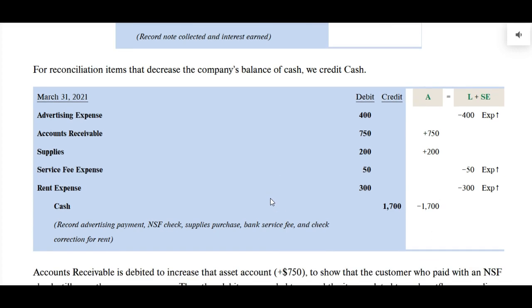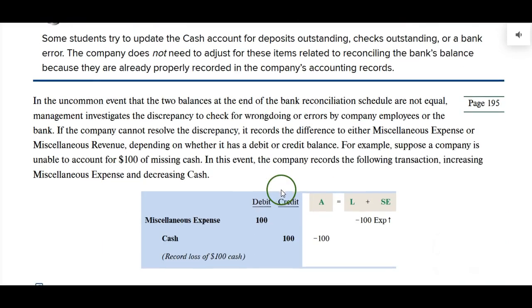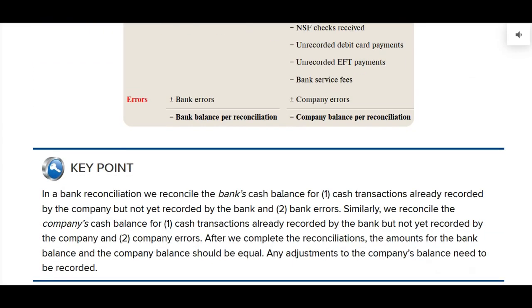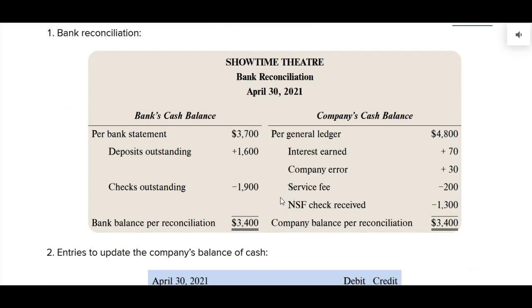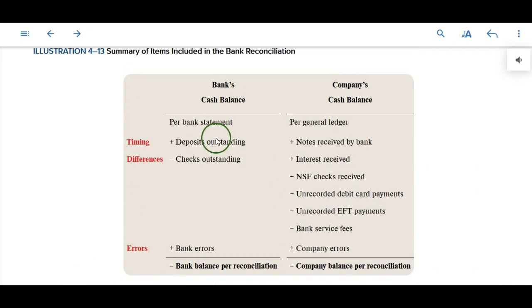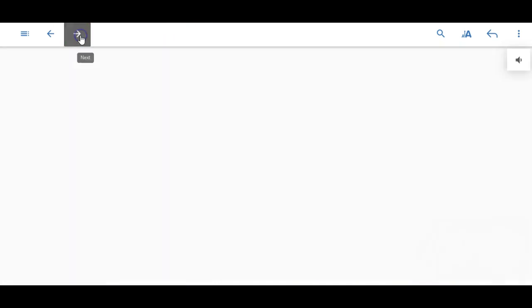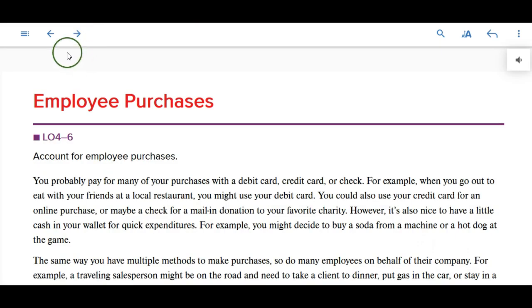Okay, so you'll have several examples to work through in the homework, and I'm sure you'll have one of these problems on the exam as well. I think that's it. They have another review down here. You can go through another example on your own time. Okay, that is the important part of the chapter.